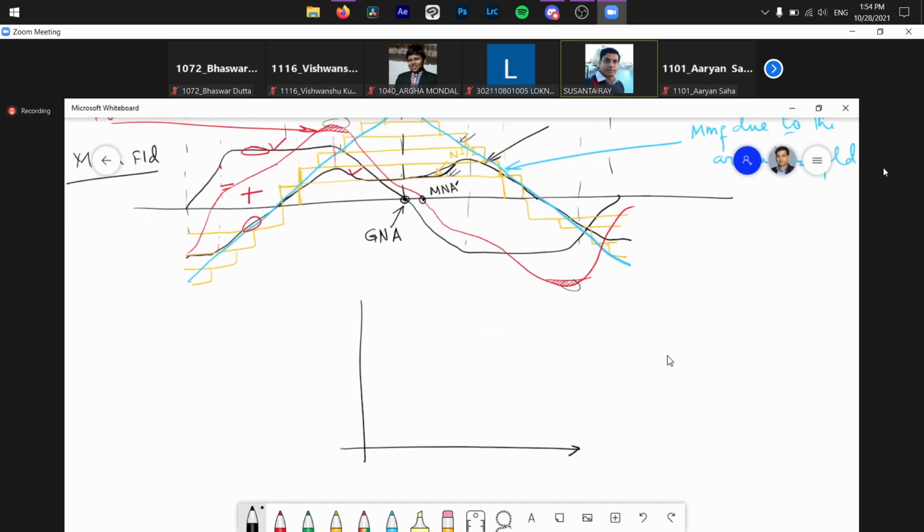You just see, if I draw a BH curve, the BH curve is like this. After a certain knee point, the saturation begins. Okay, now suppose my operating point is near about the knee point. Generally the operating points are kept near about this point. So that means this value, the operating point, meaning the main field flux value, is near about this knee point. এটা হচ্ছে ধরো আমার এই ভ্যালুটা corresponding.